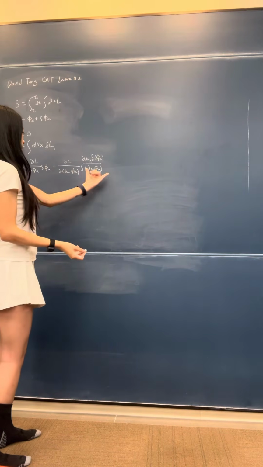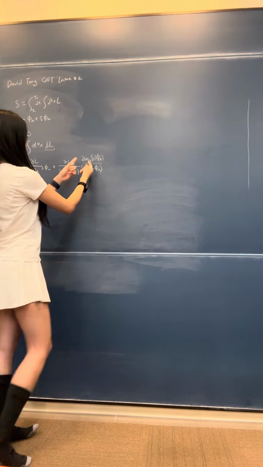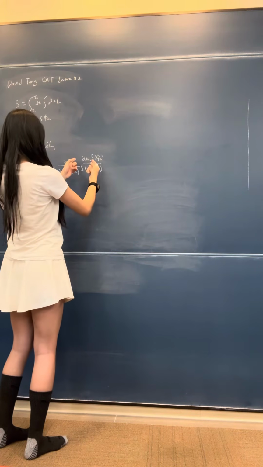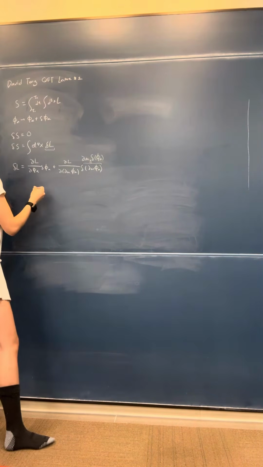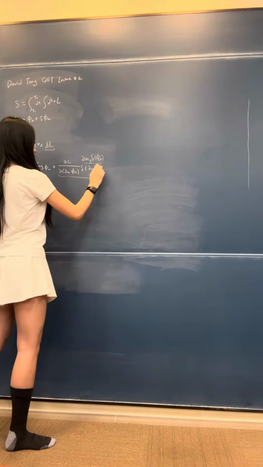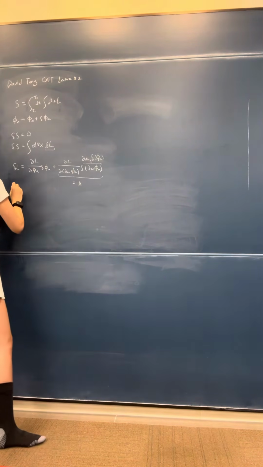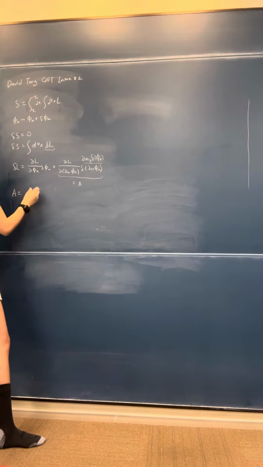And then we do the chain rule. So derivative of the first times the second plus derivative of the second times the first, and let's write this as equals A, and A equals